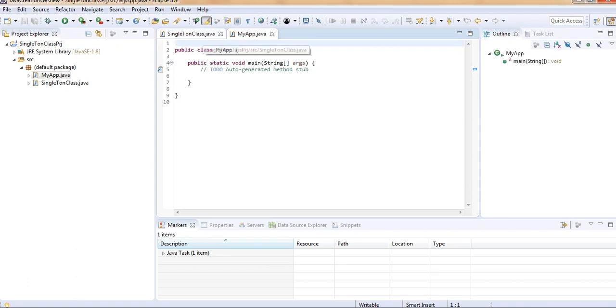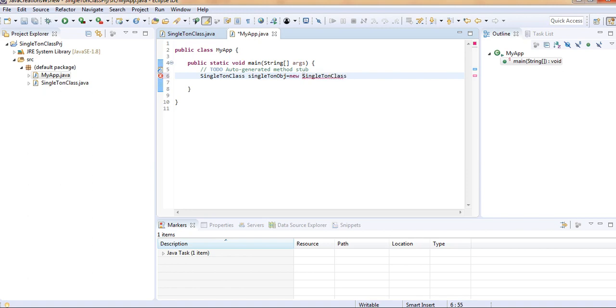So now let me explain. Generally, whenever you try to create an object of a class, you write a syntax with the new keyword. Suppose I want to create the object of SingletonClass. I simply write: SingletonClass singletonObject = new SingletonClass(); simple.